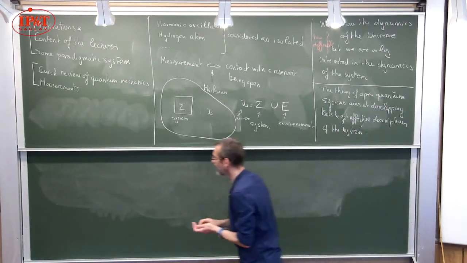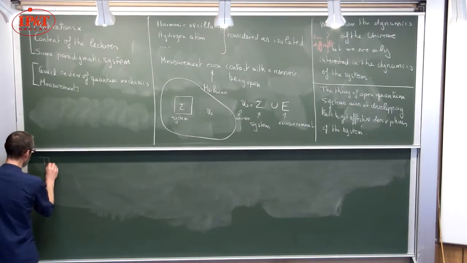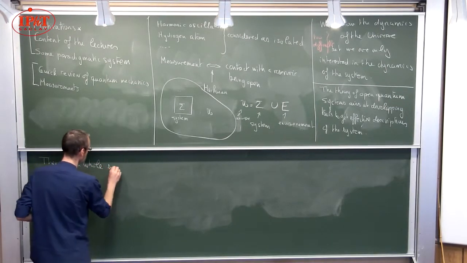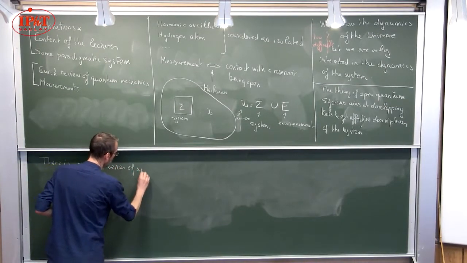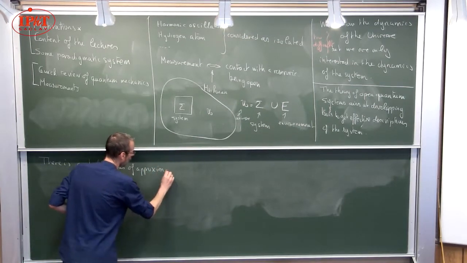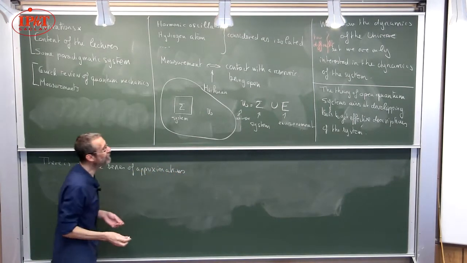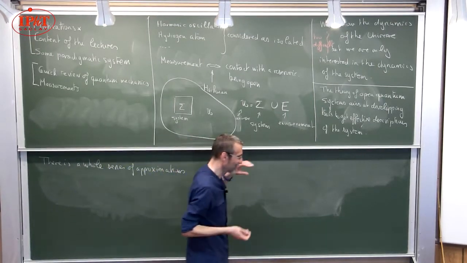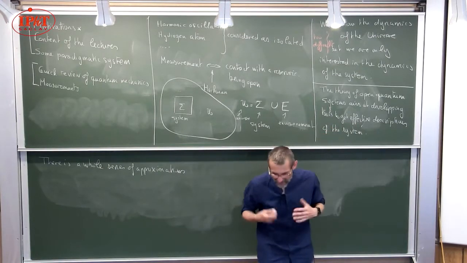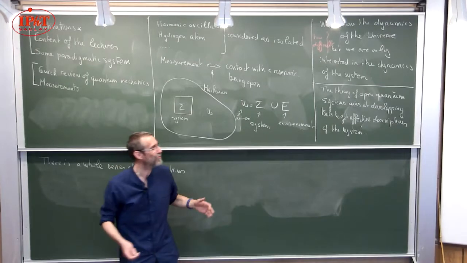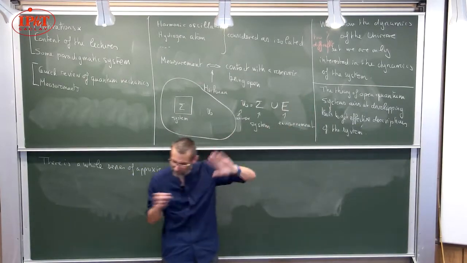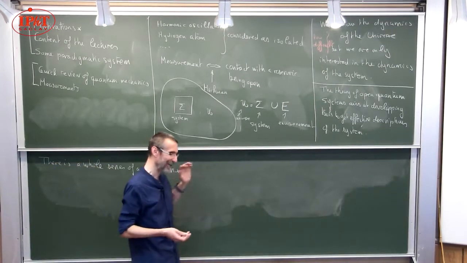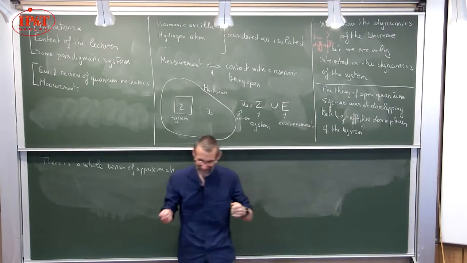And in fact, there is a whole series of approximations. And if you want to have an idea of the kind of arguments you can give to get a coarser and coarser description of the system, by making more and more approximations, the first one is just to really deal with the initial problem. You have the full Hamiltonian for the universe, and then you do the job, you solve exactly, and you get the information for your system. So this is the head-on approach.